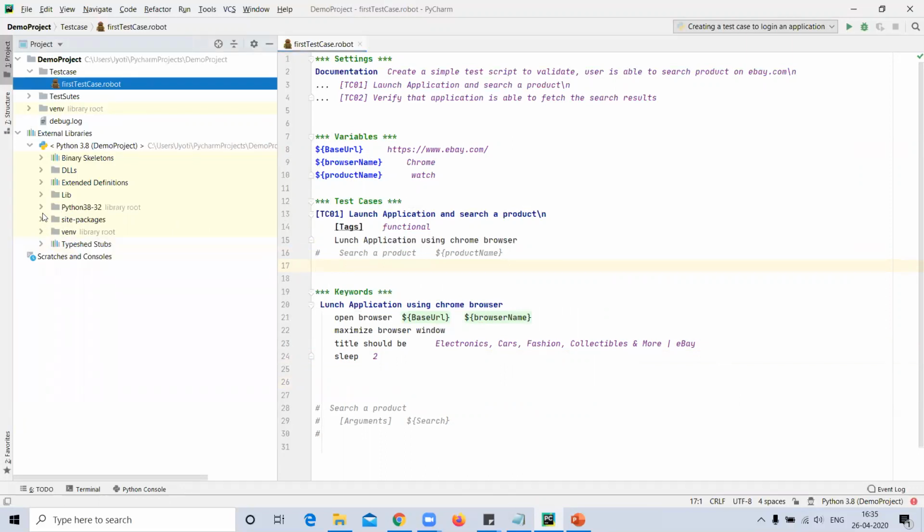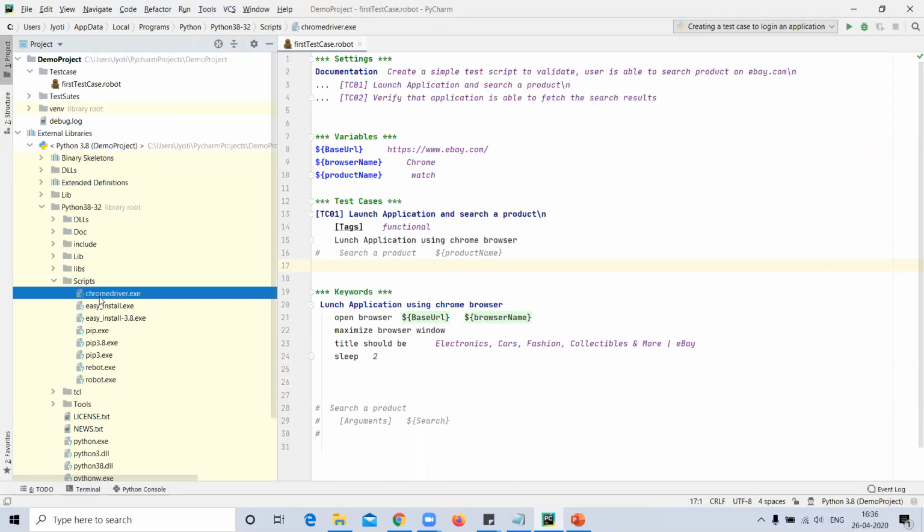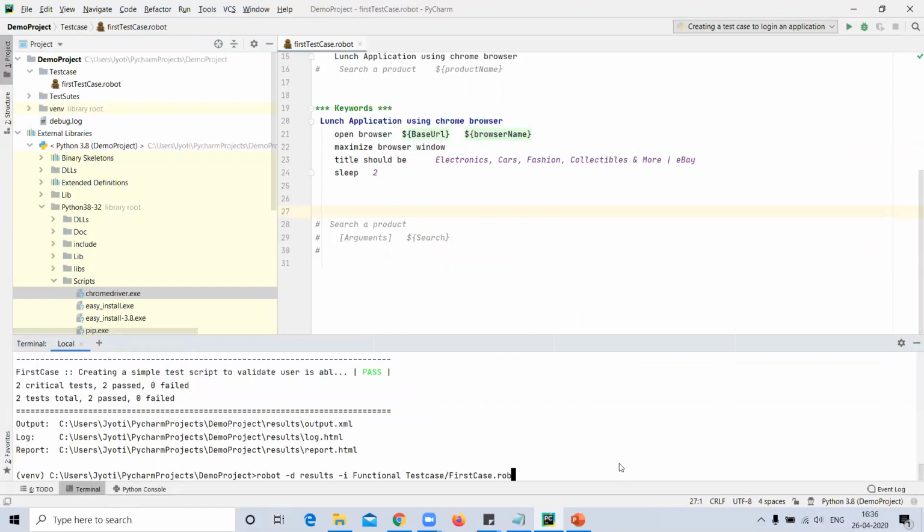So it should be in a Python folder, then a script folder. It is already present here. So I'm going to execute the script by typing the command robot